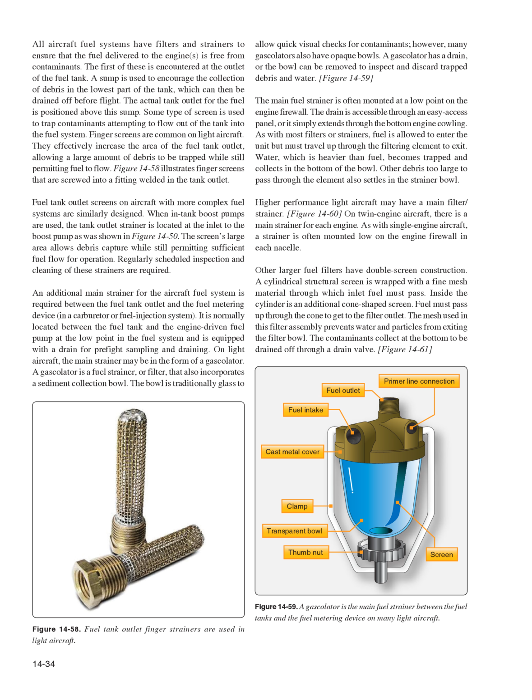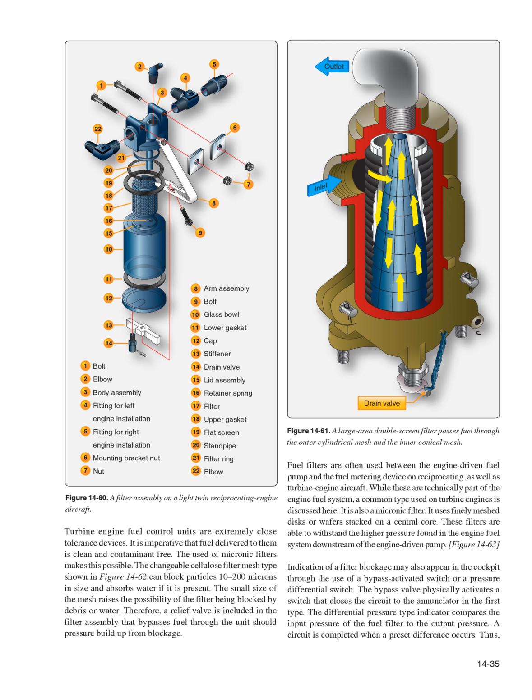Figure 1461. Turbine engine fuel control units are extremely close tolerance devices. It is imperative that fuel delivered to them is clean and contaminant-free. The use of micronic filters makes this possible. The changeable cellulose filter mesh type shown in Figure 1462 can block particles 10 to 200 microns in size and absorbs water if it is present. The small size of the mesh raises the possibility of the filter being blocked by debris or water. Therefore, a relief valve is included in the filter assembly that bypasses fuel through the unit should pressure build up